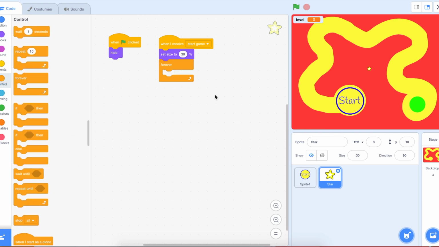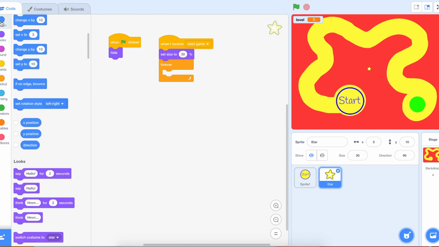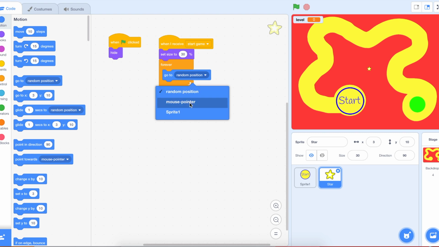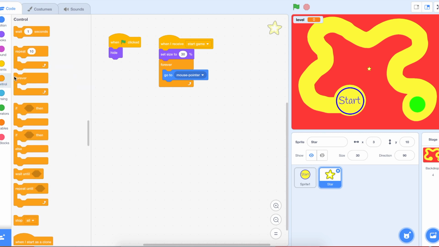I want it to follow my mouse pointer. So as I'm moving my mouse pointer around, the little star is going to follow my mouse pointer. So forever, go to motion, go to, and it's this one here. It says random position, but just click the drop down, and there we have mouse pointer. So forever, go to mouse pointer, but if we touch the red, so if, control, if then,